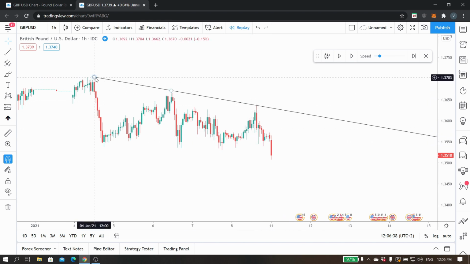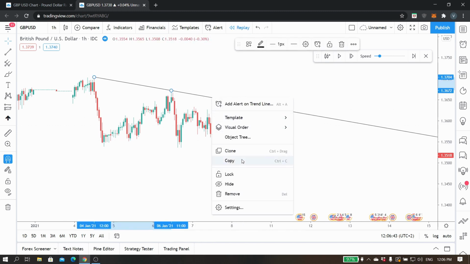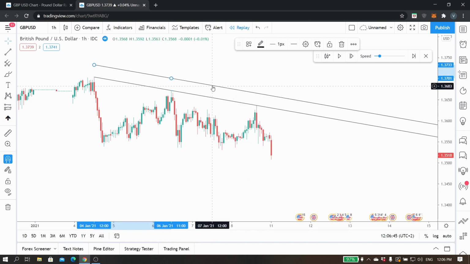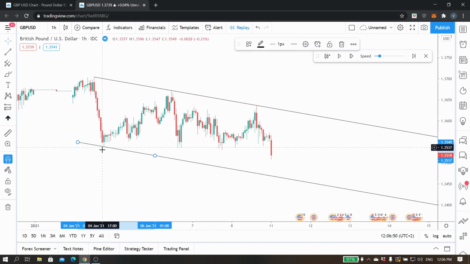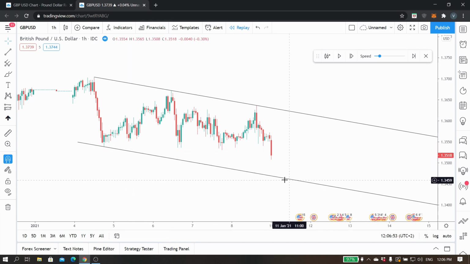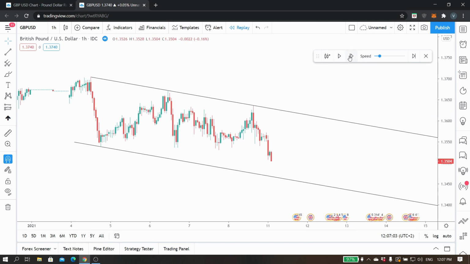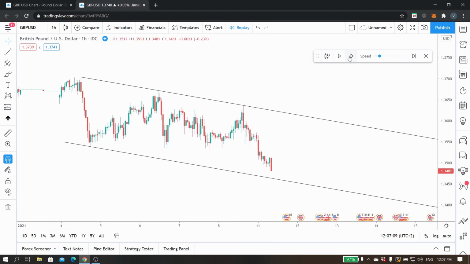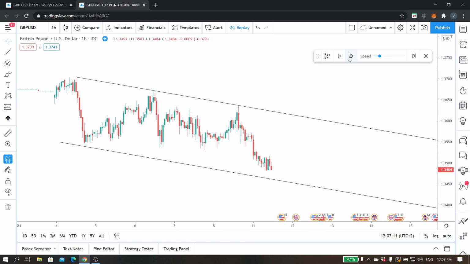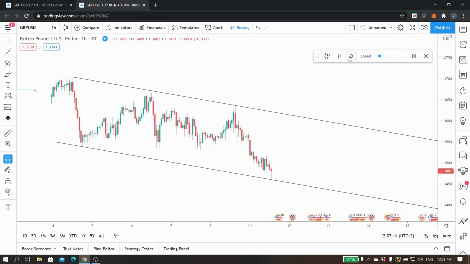So here you have 2 points, and now I want to show you the power of a duplication. You can actually clone this, put it onto this point, which is quite a significant point, and now you can already see a channel, but it's not confirmed yet. I would confirm it when this hits 2, which it doesn't have to. But let's look a little bit further. So there it hit,